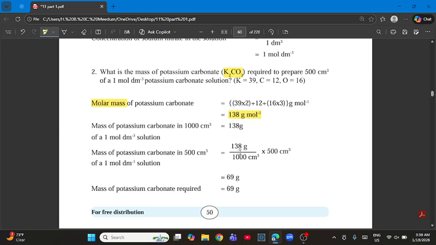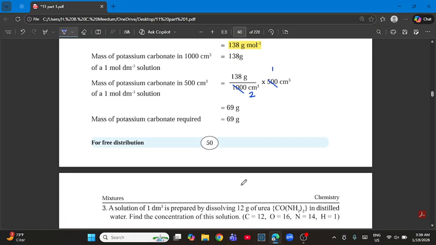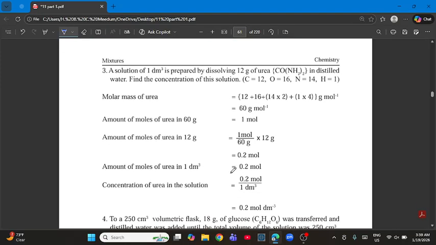138 divide by 2, or 138 contain in 1000, so what about 500? So we could cut this one, like for this one it's 1 and for this one it's 2, then you end up with 69 grams. So it is 69 gram. Okay, the next one is a solution of